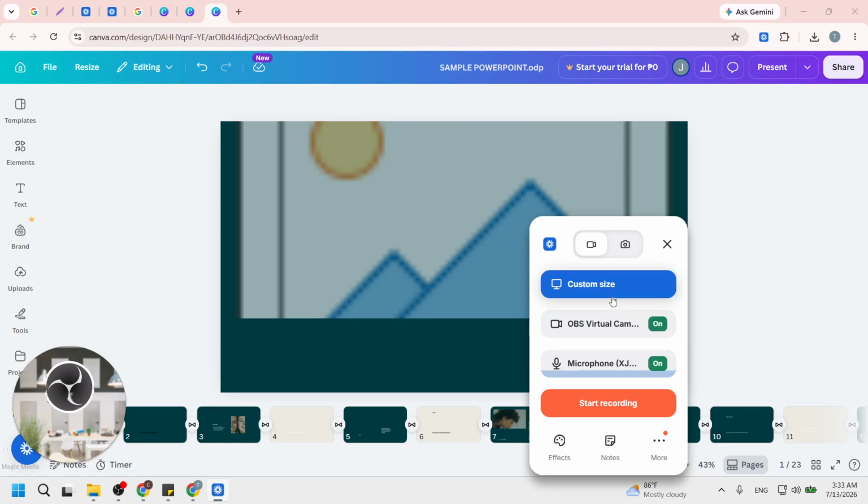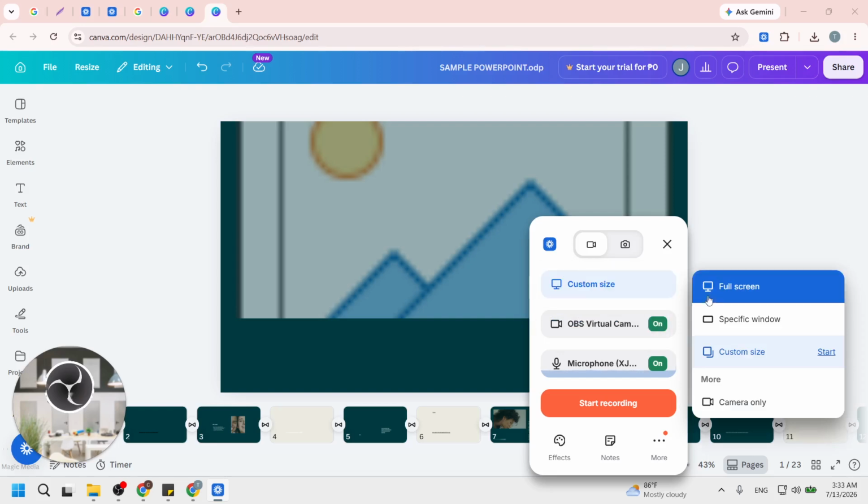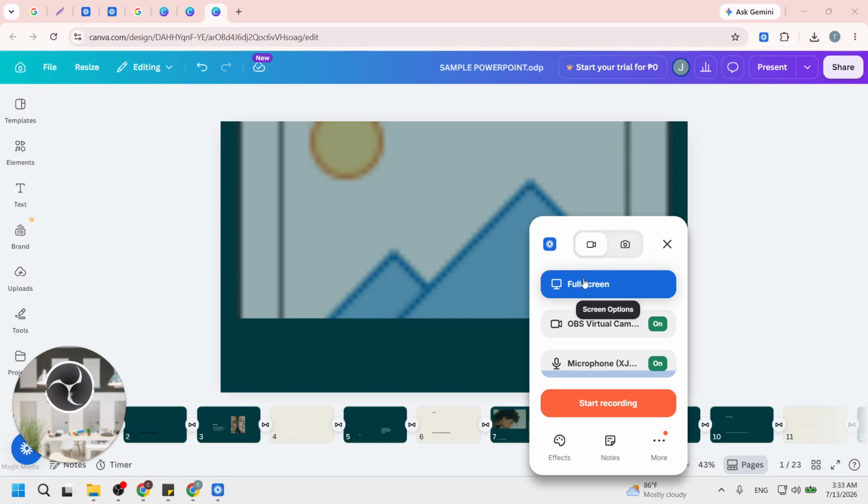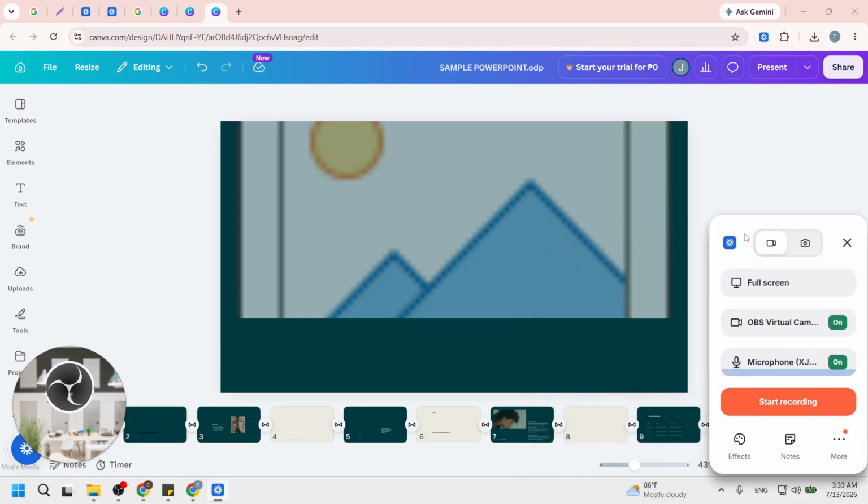At this point, select what screen you'd like to share and be captured by the recording. Loom provides options such as your entire screen, a specific window, or just a browser tab. Choose the option that best fits your presentation needs. This selection is important because it determines what your audience will see during the recording. Once you've made your choice, you will see a brief confirmation on your screen, ensuring that the right content is ready to be shared. After that, in Canva, click Present in the top right corner to go full screen.